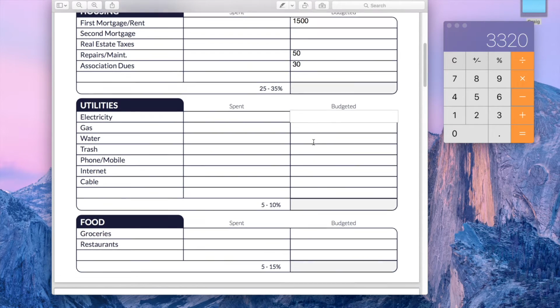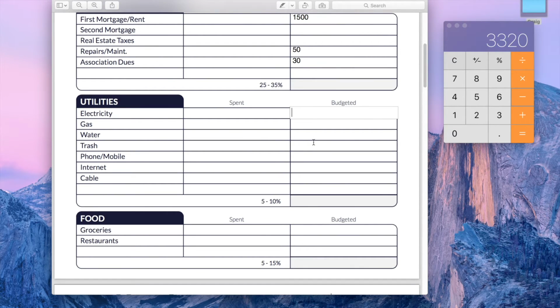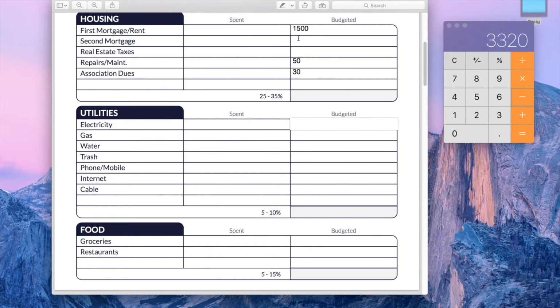All right, utilities. Now, I know electricity, gas, water, those things are different every month. And so they're going to change. That's why every month is unique. We sit down and do each month differently. These numbers up here are pretty much going to be the same every month. So these are going to copy over, but we can't just put our budget on autopilot. January is going to be different from February, February from March, and so on. So we have to plan each month